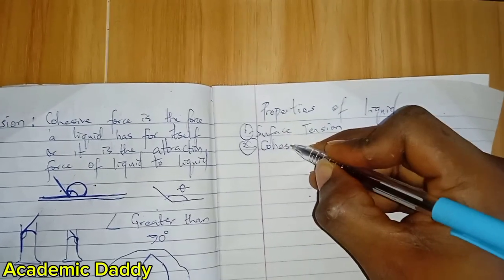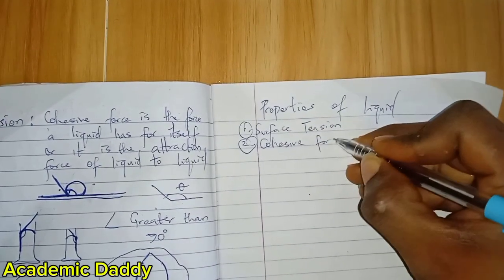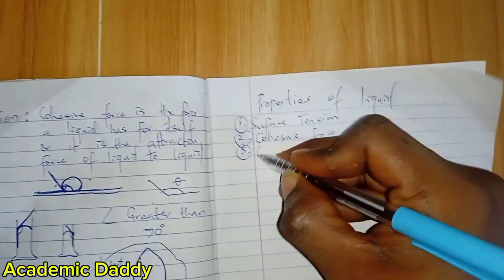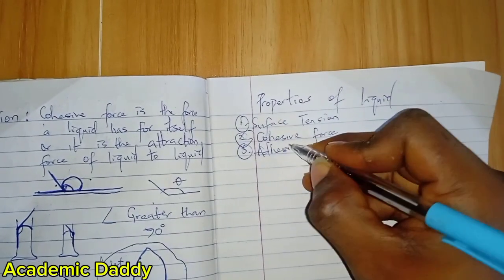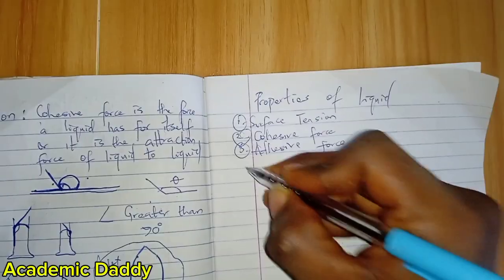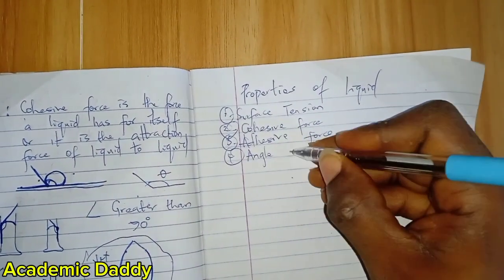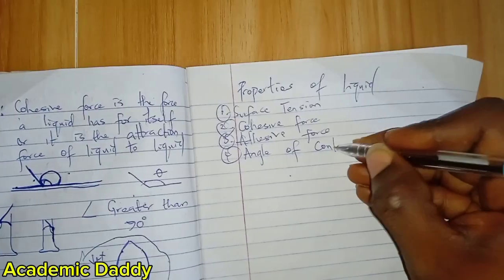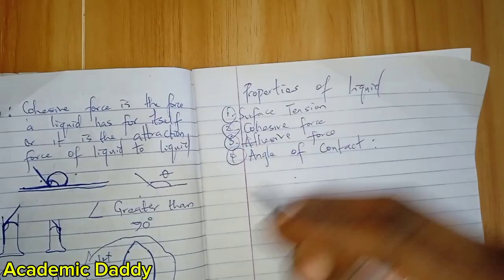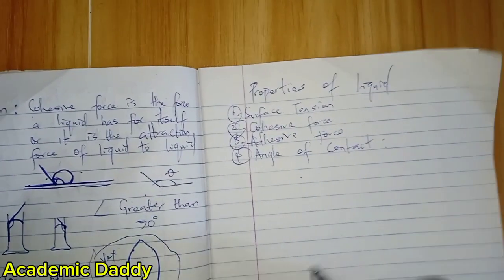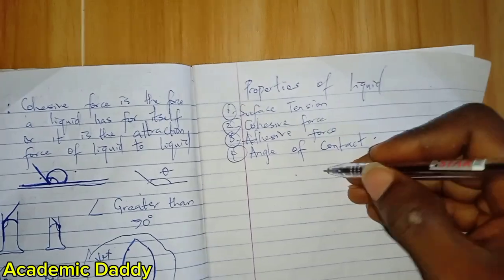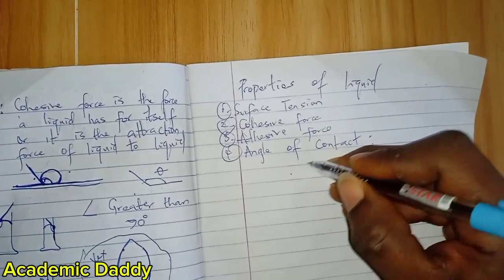Cohesion or cohesive force, adhesive force. Now the fourth one I want to treat is angle of contact. So all those angles I was showing you, those things are angles of contact. So we say that angle of contact is the